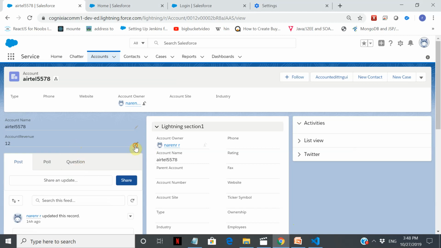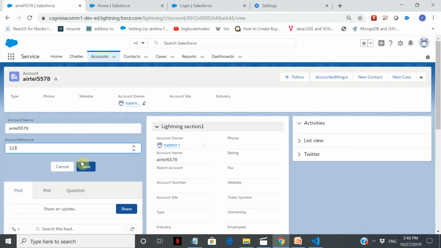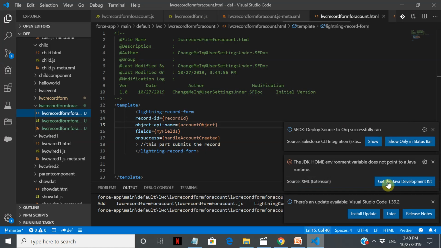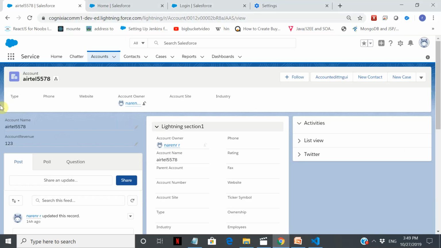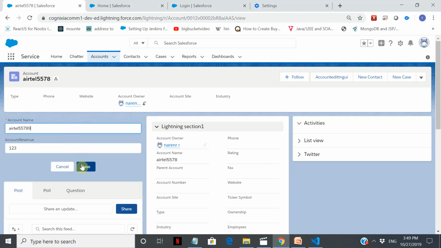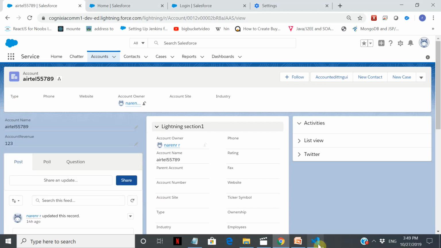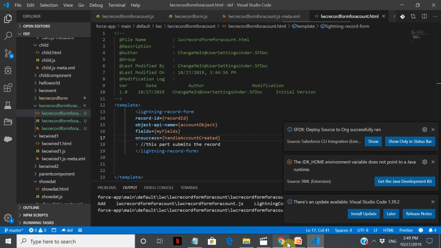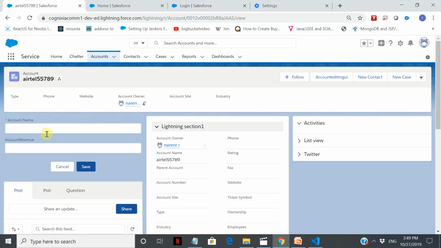Another way to do it is, now if you want to make it into this, and it is immediately reflected in the UI. Alright, so this is an easy way to, now this we are basically editing. Now we'll try to create also a record. Okay, now what we can do here is, let's remove this record ID from here. Now save it and deploy this source to org. Now if we create a record, now this is going to create a record, okay.